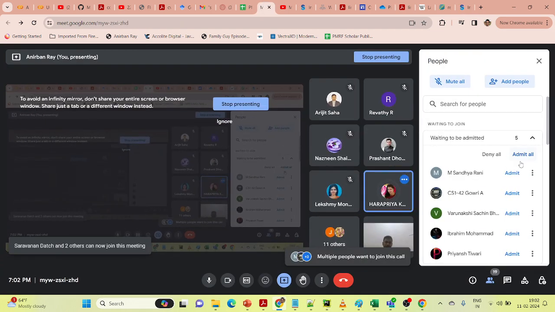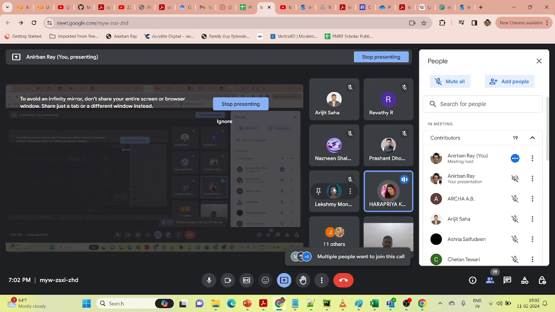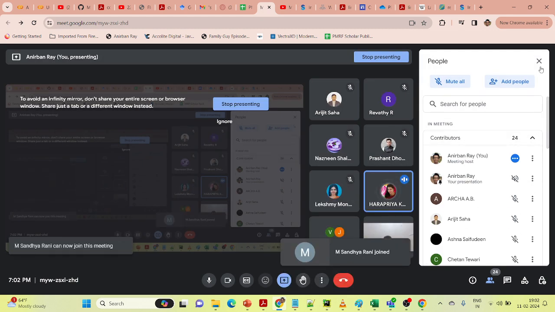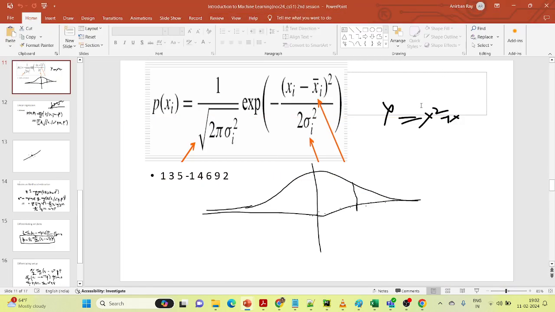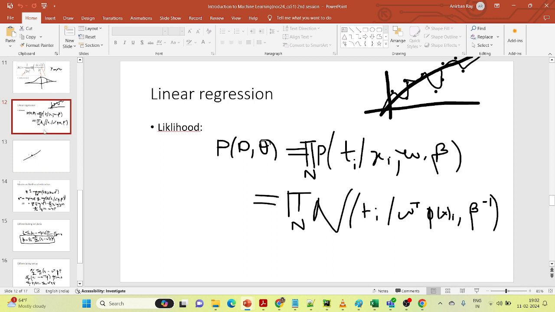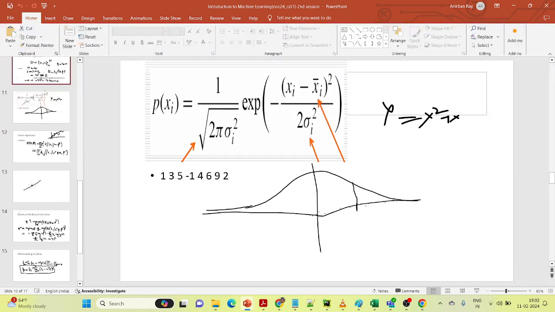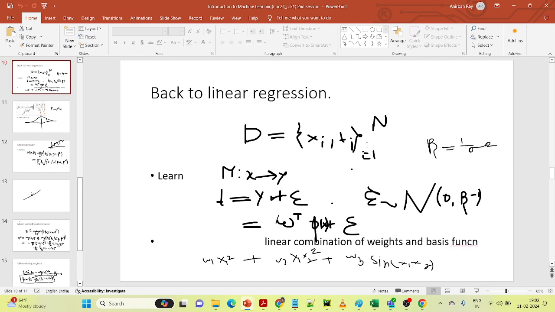Sir, can you please take the likelihood from the starting itself, because it's a critical one, I think. So can you precisely take it? Okay. What we did was, likelihood is the probability distribution, a joint distribution. The distribution of the ti that I defined here as the y values.